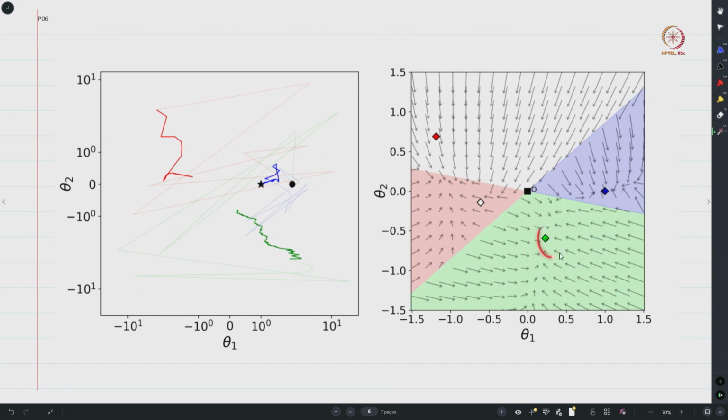So you move and try to reach this green diamond, and since this green diamond sits within the interior of this cone, if you take the greedy policy associated with the iterates along this trajectory, one can show that they will always be the deterministic policy that is associated with this cone. And one can similarly explain this blue trajectory over here. You start from this region, the noise pushes you around and eventually you land up somewhere over here, and this takes you slowly towards this blue diamond that is present over here, and this is your Q star, right.